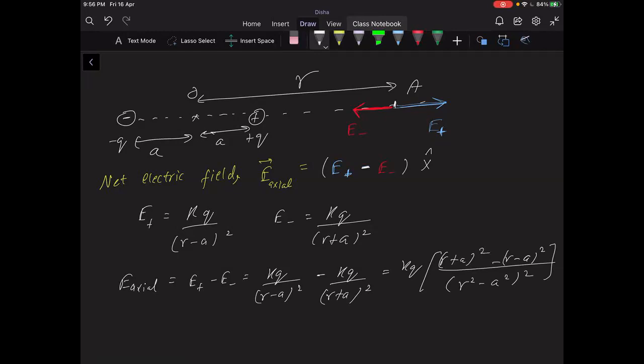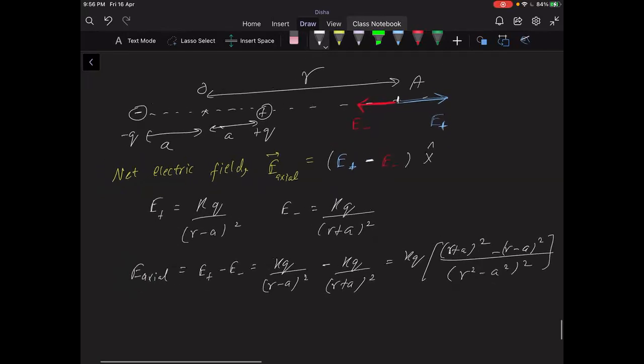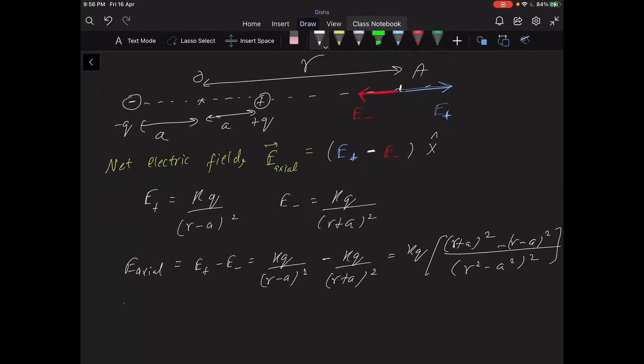Now, till now we have not done anything related to dipole, even though this whole thing is a dipole and we are taking it, but this is just like taking two charges. Where's the dipole bit here? So the dipole bit is here. If it is a dipole,